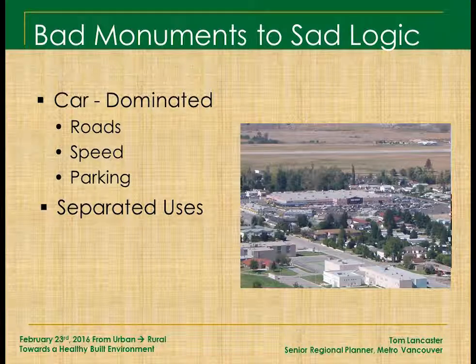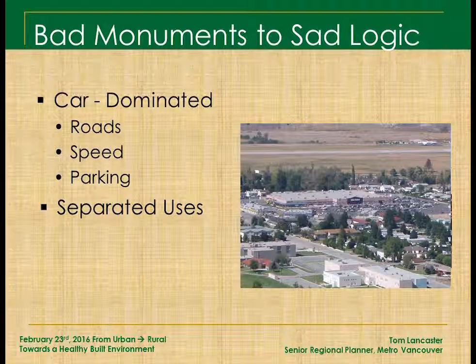I'm not sure you can see these photos, should have blown them up like 3 or 4 times the size, but essentially what happens when you have access to vehicles, you separate all the uses. There's other reasons why we do that, but it's one of the things that happens. So you see commercial areas growing up just as commercial areas. Residential areas are just residential areas. Industrial areas are just industrial, and so on. As opposed to the idea of mixing all those things.